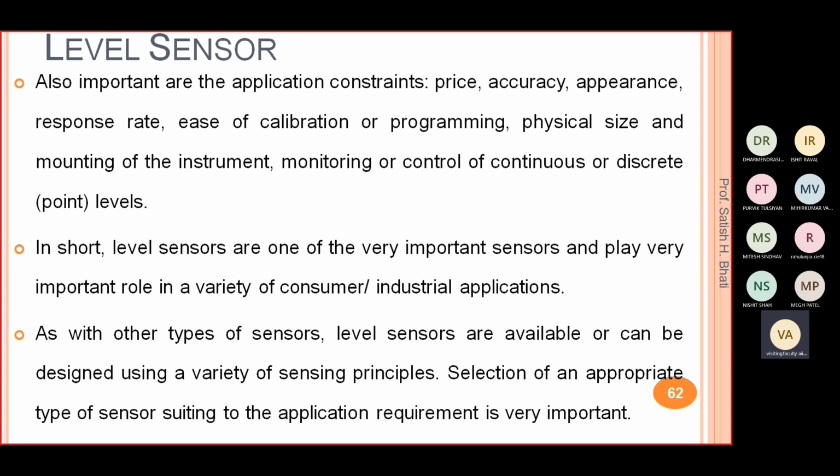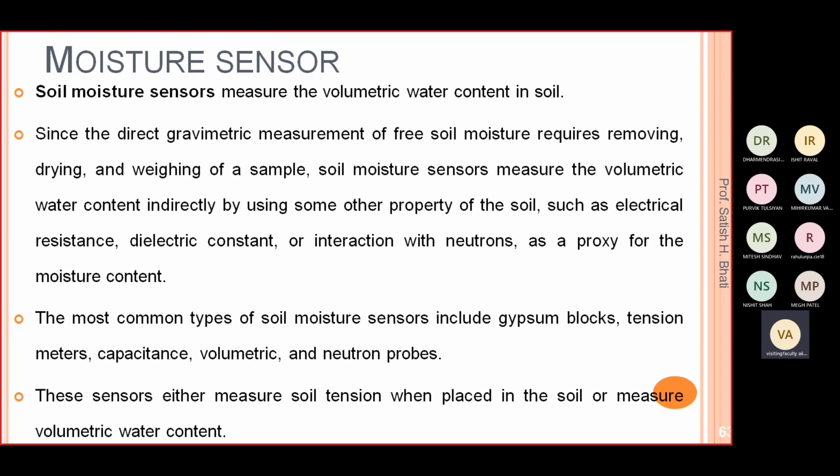The main application we can say is in the chemical plant, or wherever you are dealing with liquid. Your product may be liquid, or to make the product you need to use some liquid as raw material. Then you have to use the level sensor. They are designed with different principles, so selecting the different types suiting the required application is important. Okay, so this is about the level sensor.